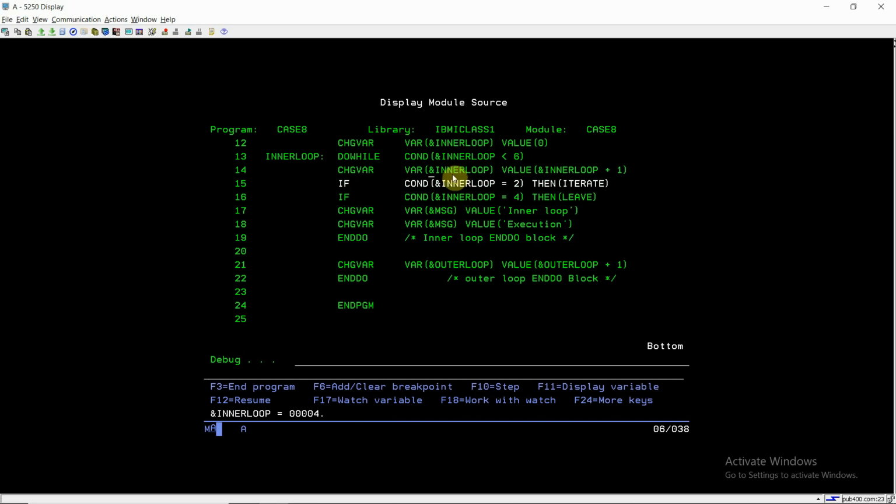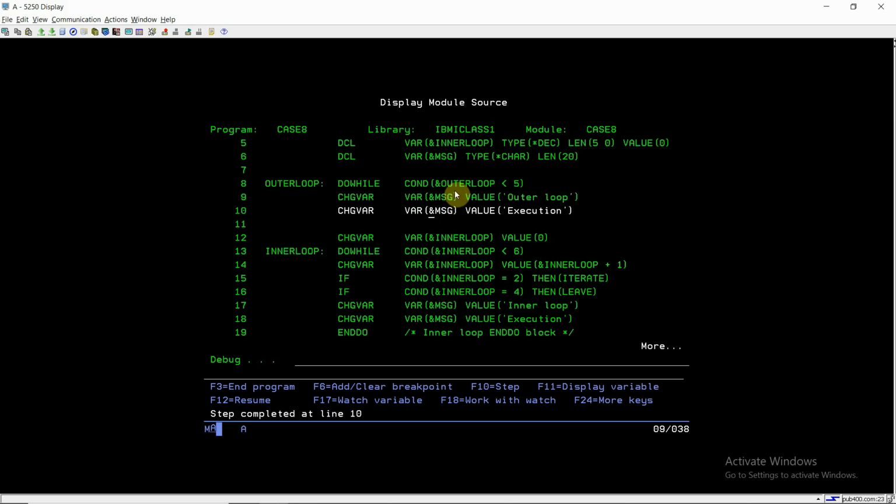Now inner loop will become 4. Once it becomes 4, it will check this condition. This is not true, so it will not skip this record. Now since inner loop is 4, it will leave this loop. So we can see that the inner loop has been left by the process, and now it comes to the outer loop. Outer loop will become 2.